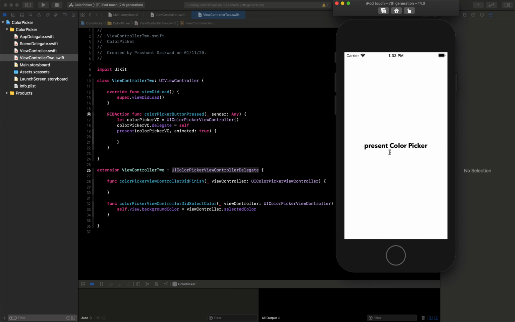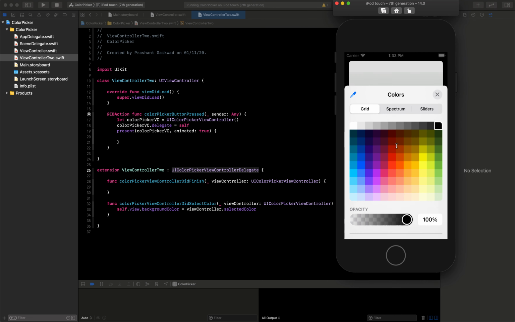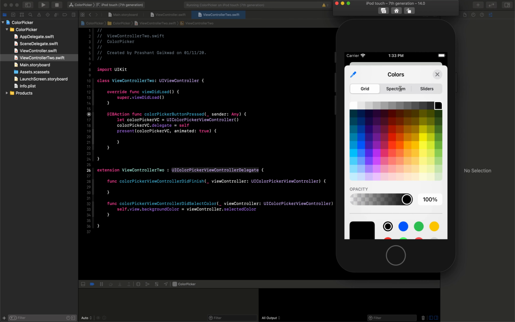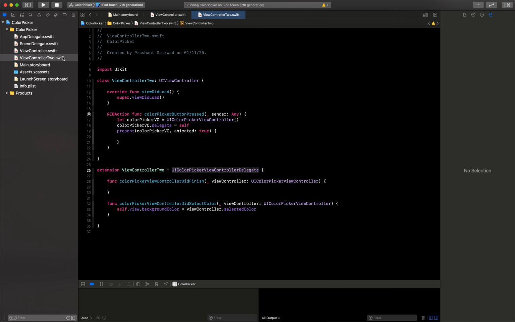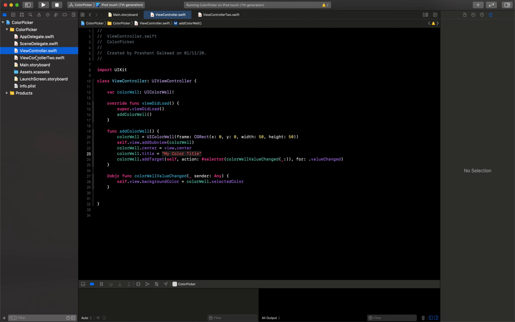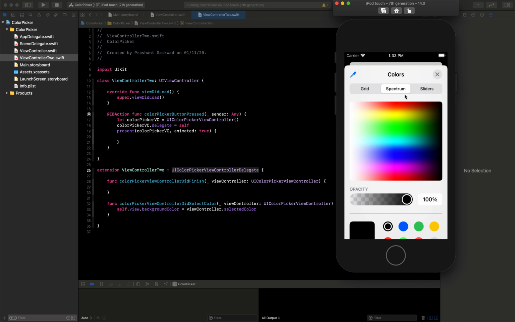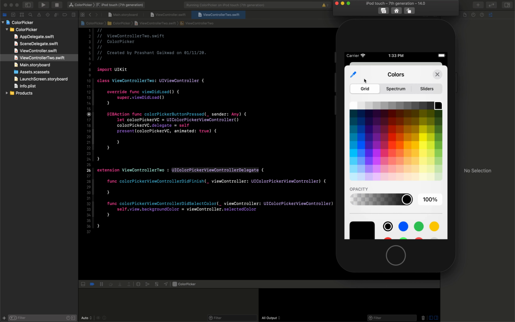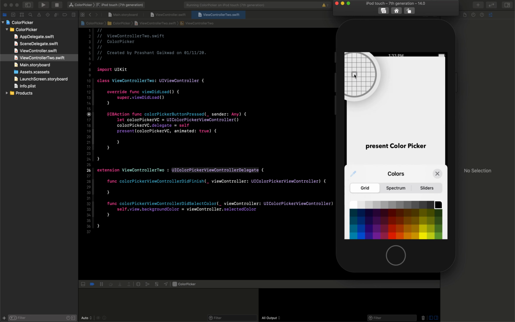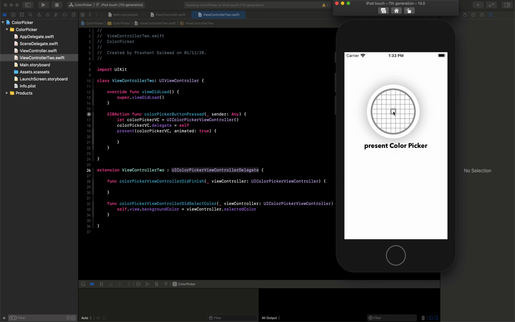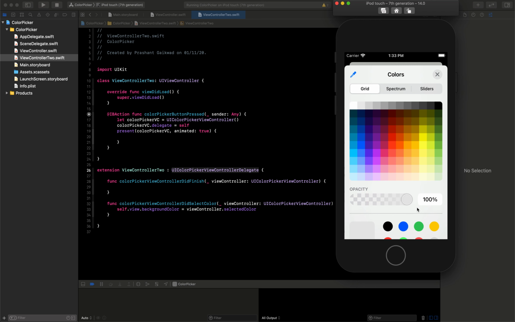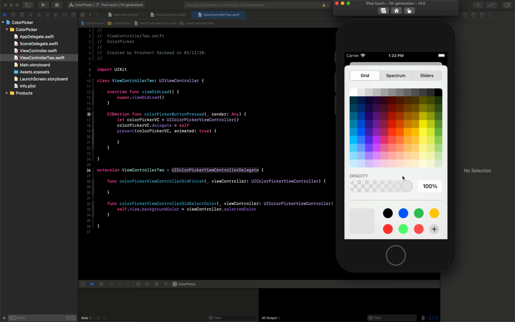So you can see this is the button. Once I tap on this button, it will open the same options. Here we have not used UIColorWell like this, we have directly used the ColorPickerController. So you can give the same options here again and again. To use this functionality you just have to tap and keep that tap, and once you release on anything, then it will open the color picker again with the selected color, and now I have selected gray color.